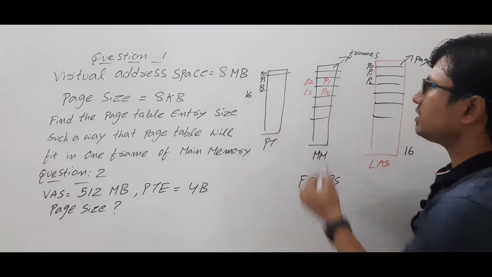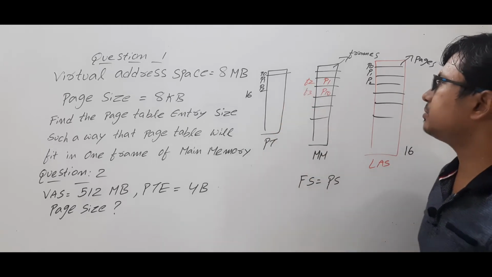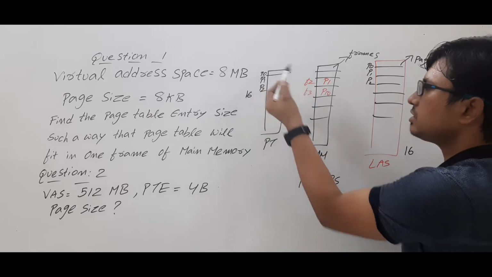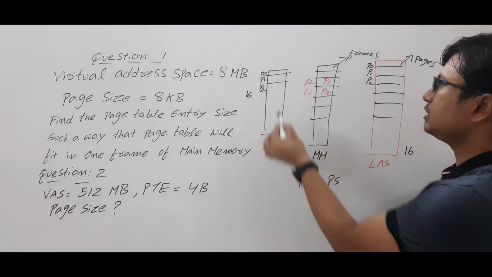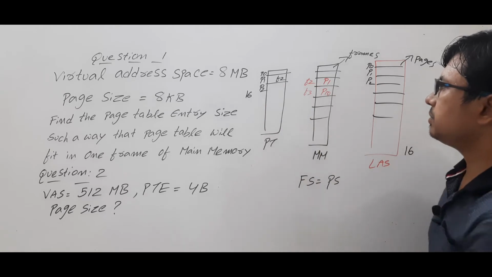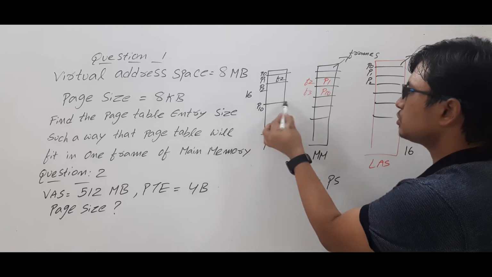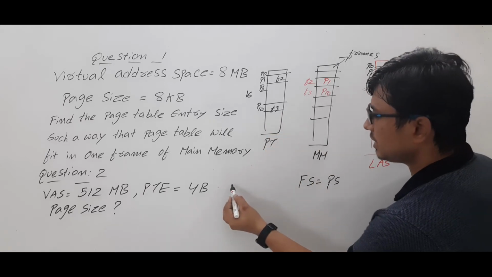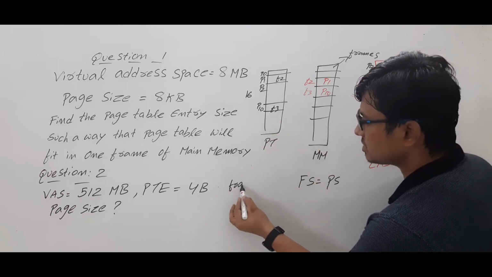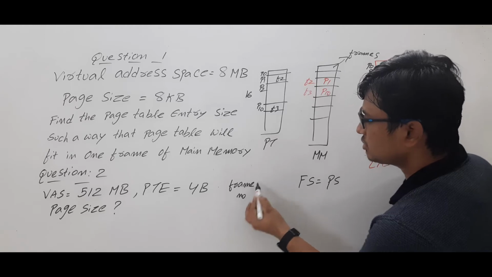Okay, now currently page number 1 and page number 10 are stored. So page number 0 is not stored in the main memory. So page number 1 is stored in frame number 2. Similarly, page number 10 is stored in frame number 3. So each entry will have information such as the frame number, in which frame of the main